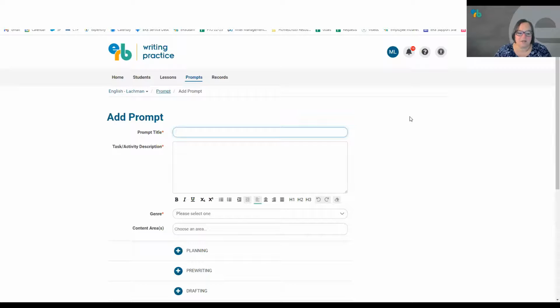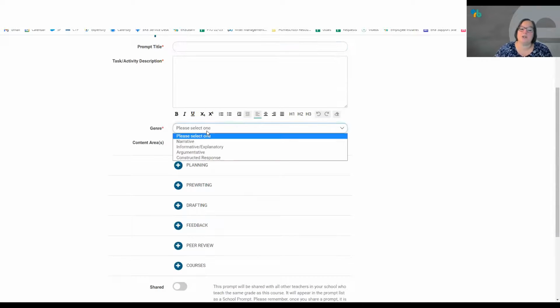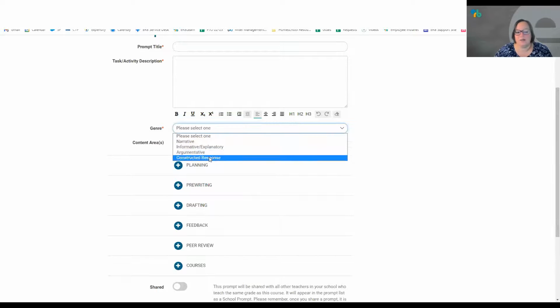Being able to add a custom prompt can be really powerful if there's something specific you want students to write about, but you also want the benefit of this system being able to take a look at the first pass of the writing as students are working. So you can add a title and of course the prompt itself, the description. It's important that you choose the correct genre because each genre has different rubrics and scoring methods. So you want to make sure you're choosing the correct genre here.